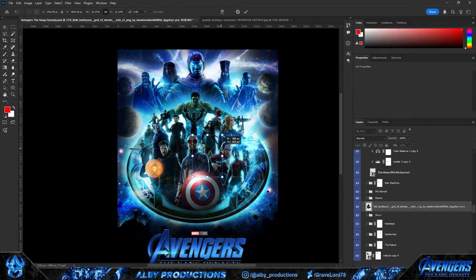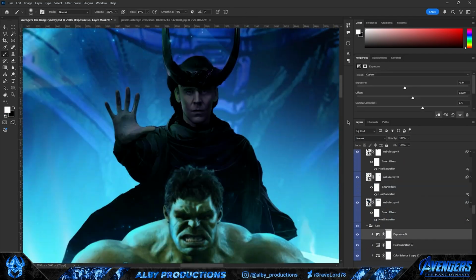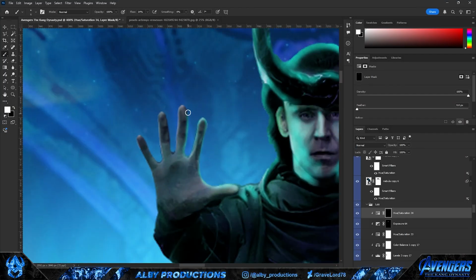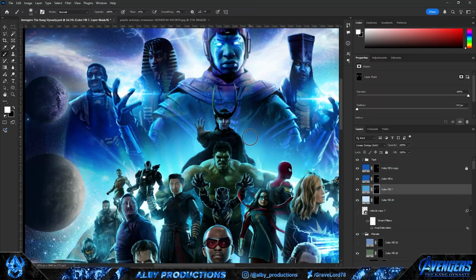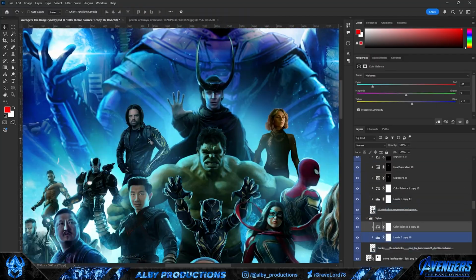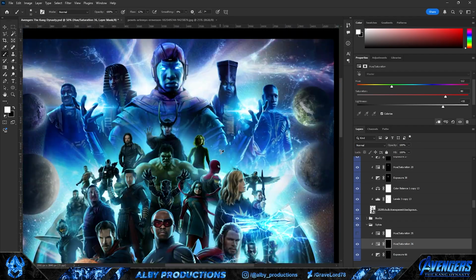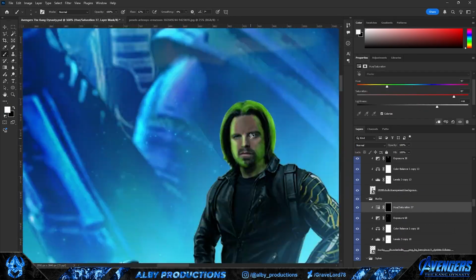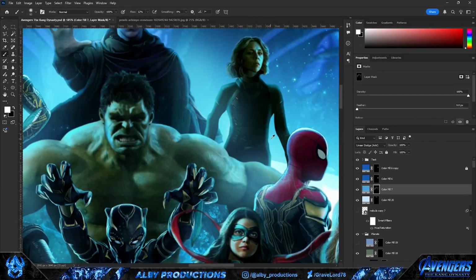At this part I also realized that I literally forgot to add the most important and crucial character of the movie, which was probably going to be Loki and, well, Sylvie to some degree, so I made sure to include them too. I decided to add Loki all the way at the top and made him stand out from the rest of the characters, cause like I said, he would have probably been the center point of the movie and the most important character, since, I mean, he's the one who started this whole storyline with Kang in the first place, so yeah.